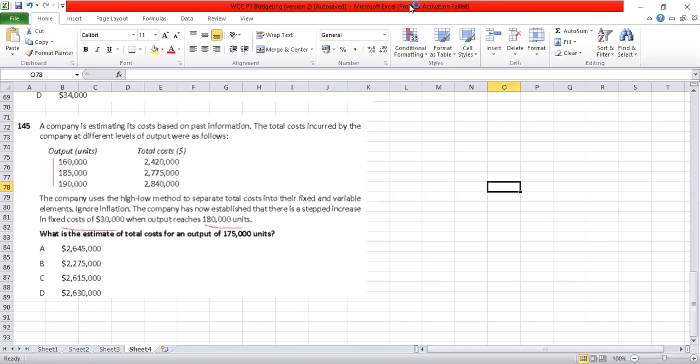When we look into that, what is the high level? The high level is at 190. So this addition of 30,000 is also applicable, because once it reached 180,000, from 180, 185, 190, all these levels, we see that the 30,000 additional amount is included. That has to be first eliminated. Then we see the low level is at 160. So first we need to make that adjustment, removing that addition of 30,000 fixed cost,